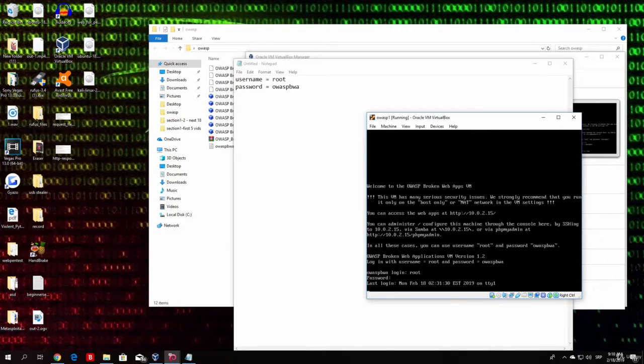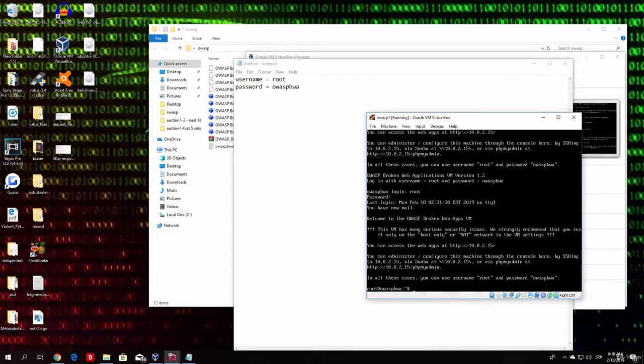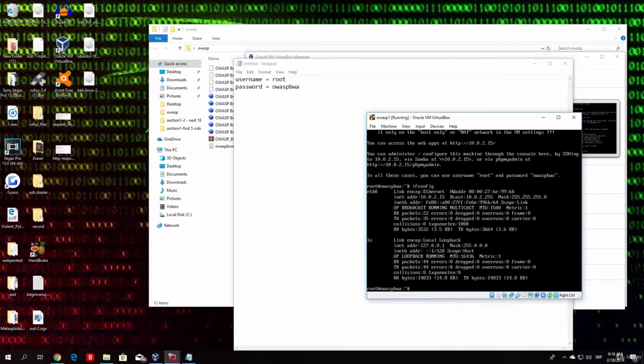And once you do that, it will log into your command line, and the only thing we want to do from here is configure our IP address in order to be a part of our local network. Now be careful if you don't expose this machine to the untrusted network, as it is a machine full of vulnerabilities. So if you can, just keep it on